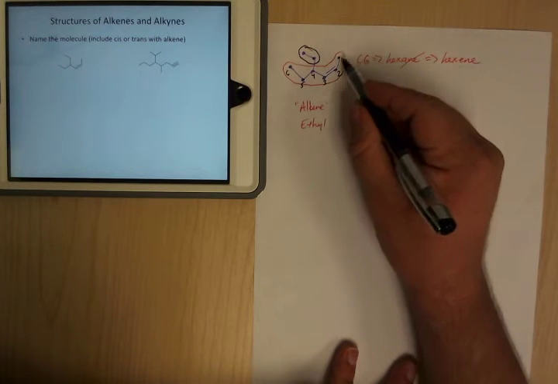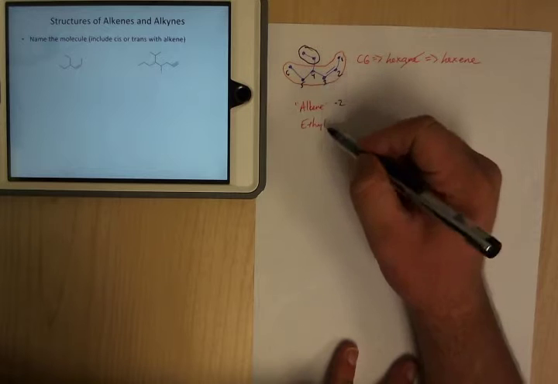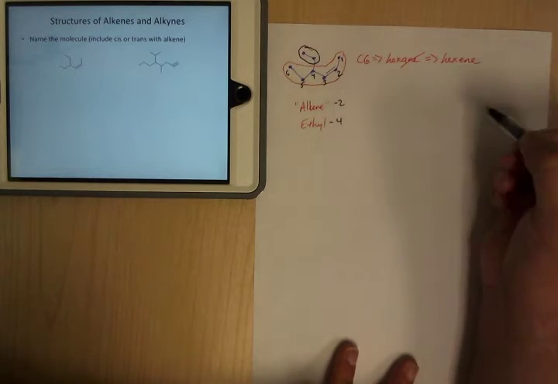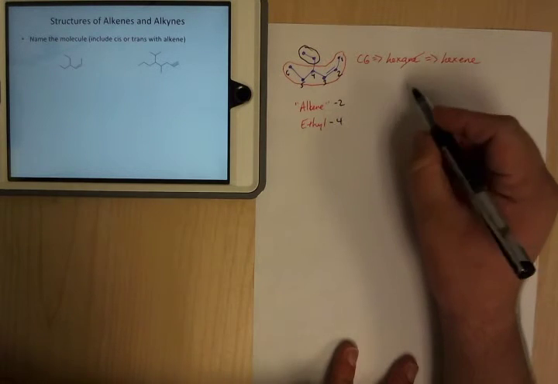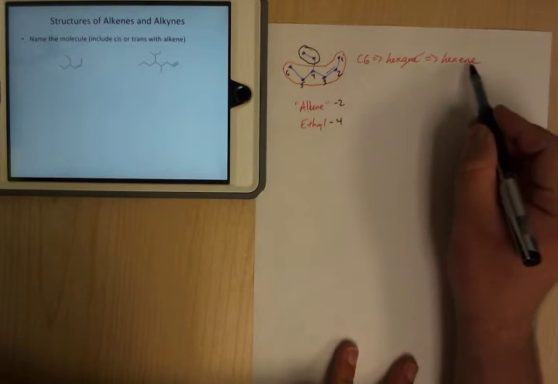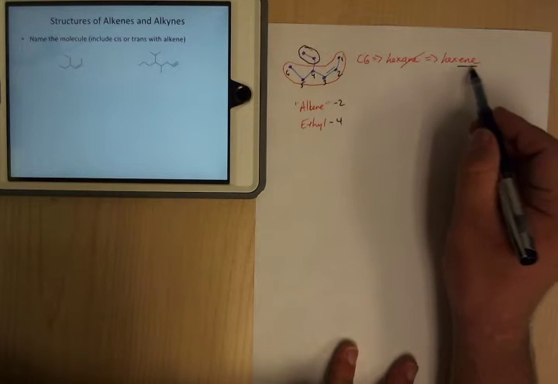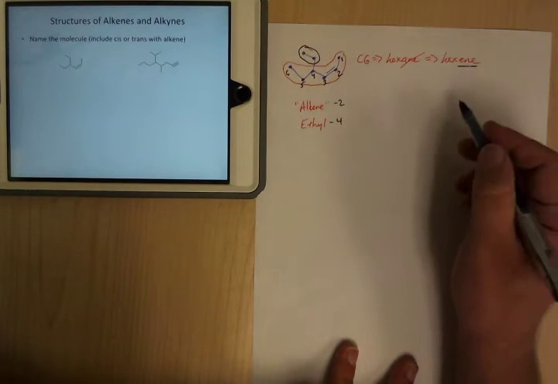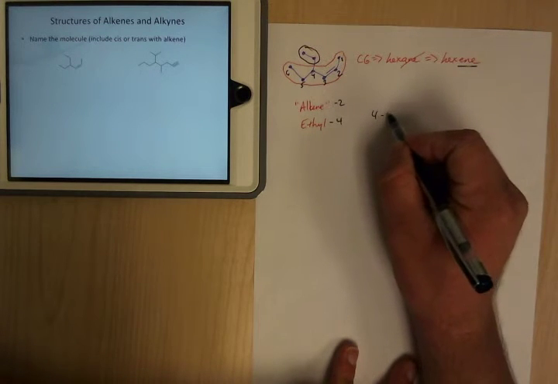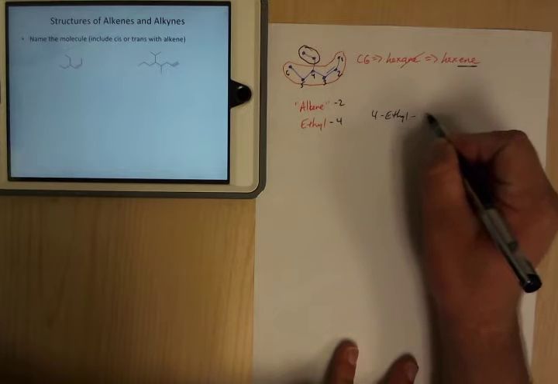So with that, the alkene starts at carbon 2, right? And then the ethyl group is at 4. So first off, for this alkene, we need to say where this ene is. We don't have to put alkene in there, but that's what the ene is for. We need to say where it starts. So it becomes 4-ethyl,